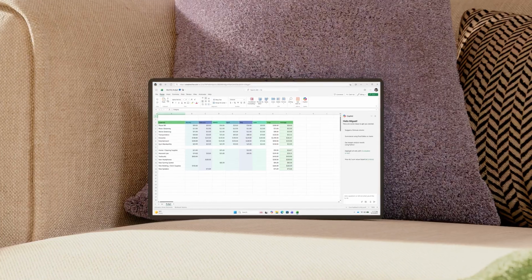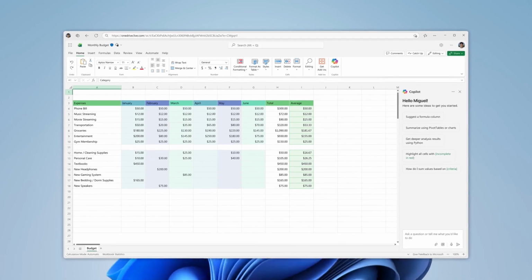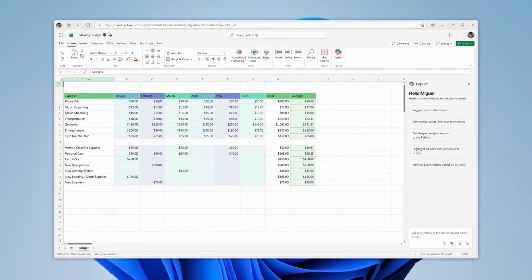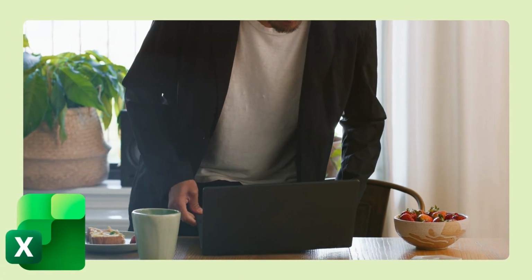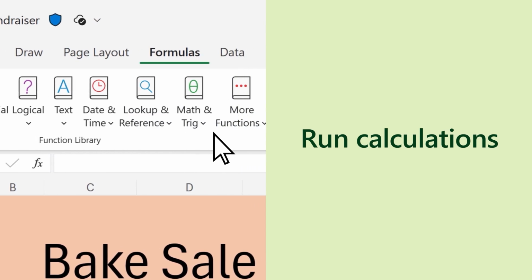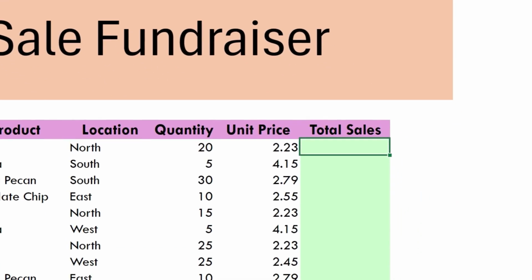Every dataset has a story, and Microsoft Excel helps you discover and share it. With Excel, you can build spreadsheets to organize your data, use functions to run calculations, automate tasks,